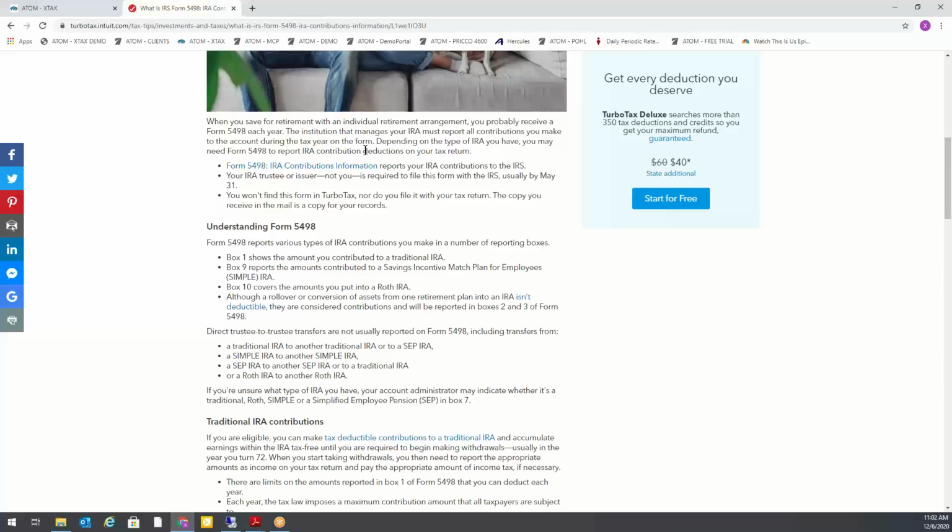I receive them. I usually get them toward May after I've already filed my tax return. And it just tells me what the value in my retirement account is. So it's just for informational purposes. It doesn't do anything on the tax return. The thing is, the clients will bring that in if they get it before they file, and they give it to you. And just so you're not alarmed, like, what is this? You pretty much just push it aside, and it's for their purposes, so they know the value of their retirement